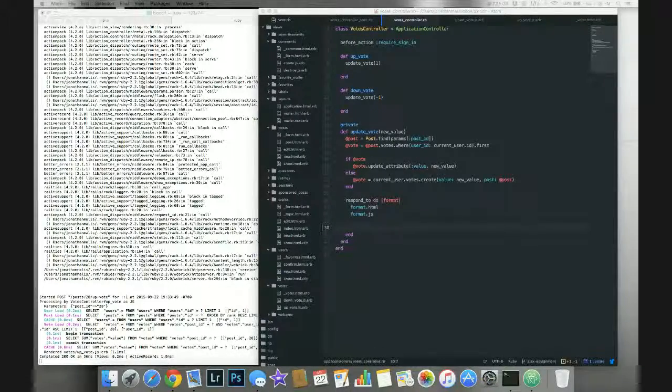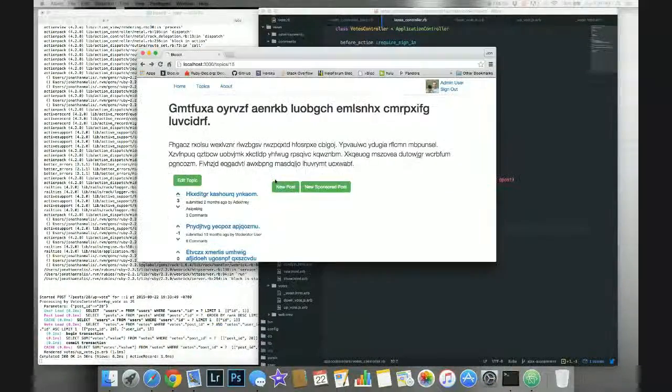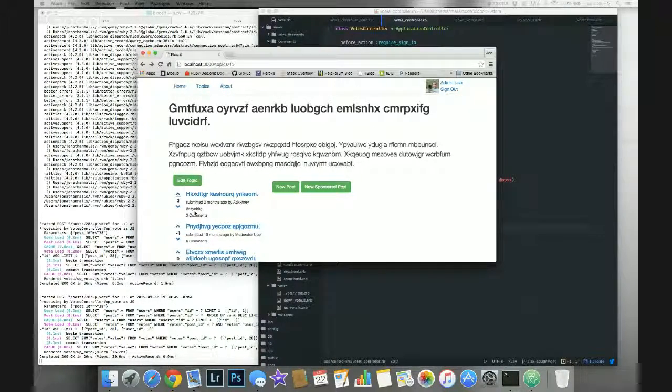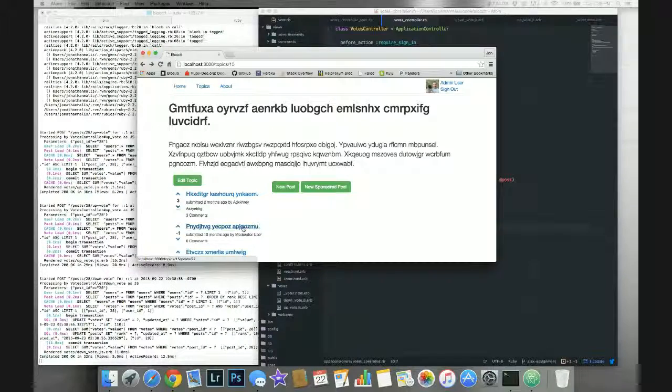On the show view, it doesn't do anything. It goes through the motions, but nothing changes. Interesting. So downvote on that, actually. Yeah, rendered votes, downvote. So it's okay, cool. And now is this